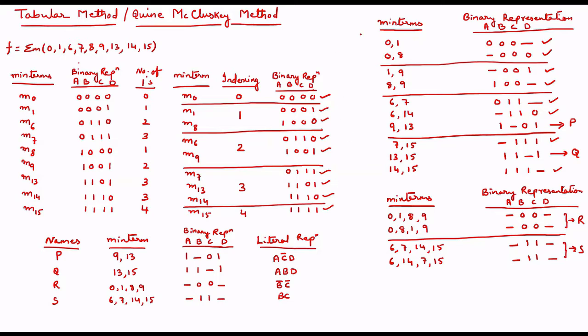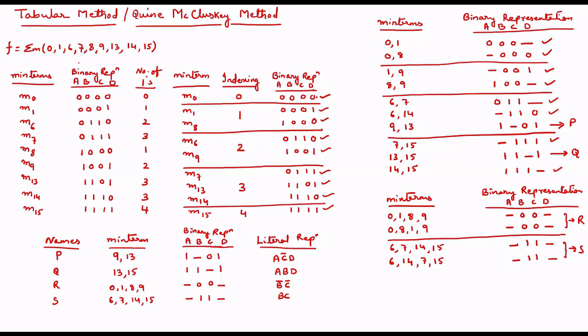Then I am moving to the second table. In the second table again I am forming minterms and binary representation ABCD. Now you see what exactly we need to do. I will compare the first group with all other groups, and I will see that there should be a single bit change, not more than that. If 2 bit changes are there, we will not accept it. Only a single bit change will be accepted, and if I take that one, I will put a tick mark.